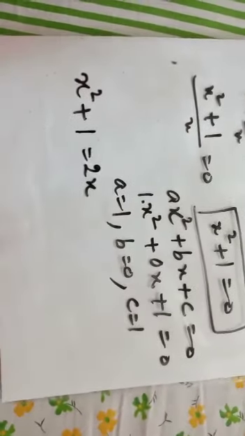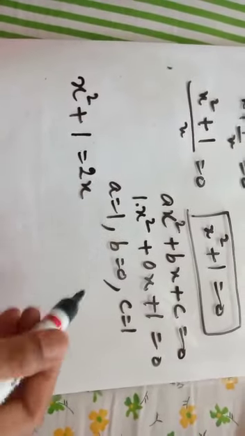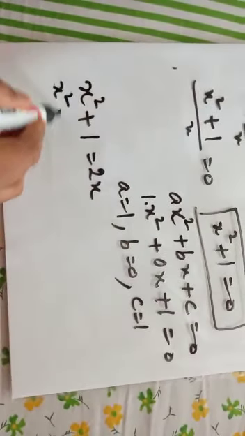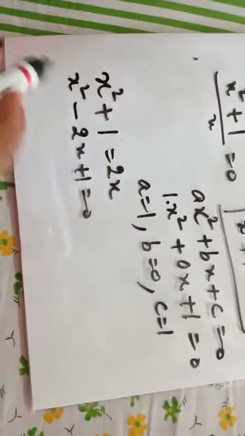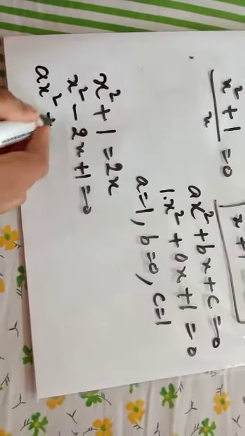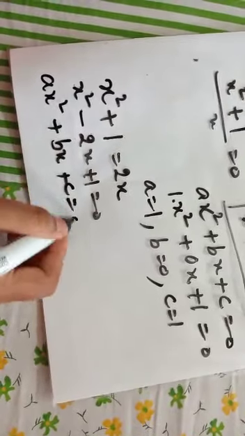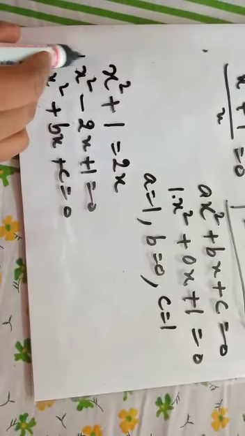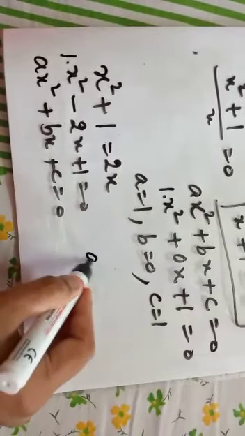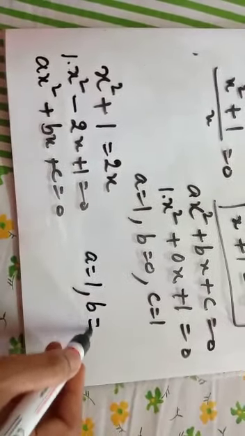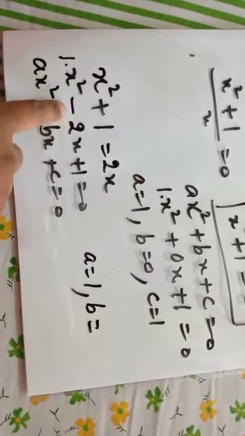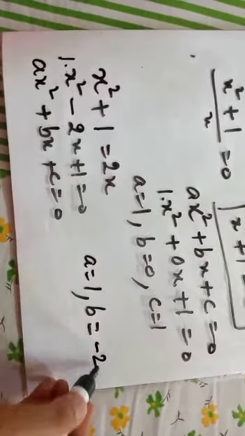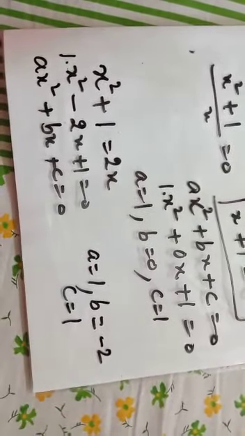Now suppose there is one more equation, x square plus 1 is equal to 2x, and now they are asking you the values of a, b and c. So the first thing which I have to do here is write x square minus 2x plus 1 is equal to 0, because my standard form says highest power, then lower and then lower. Now write down your standard form again: ax square plus bx plus c is equal to 0. Now here you can see nothing is written, so it is 1. So the value of a is 1. For b, you have to check the coefficient of x. So the coefficient of x is -2. You cannot miss this minus sign. So b is -2 and the value of c is 1.